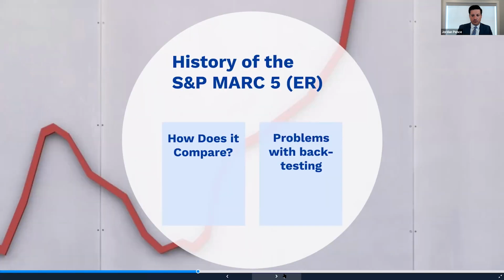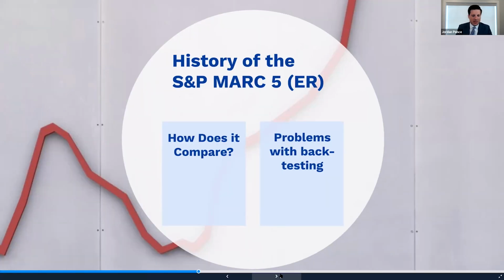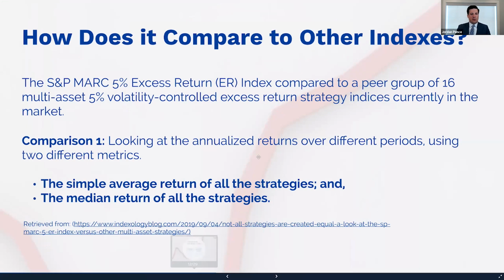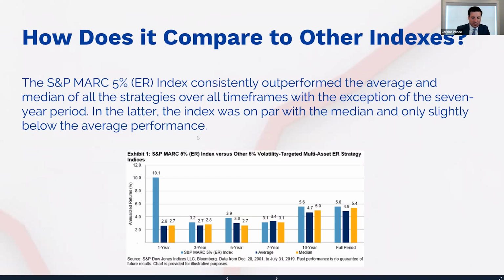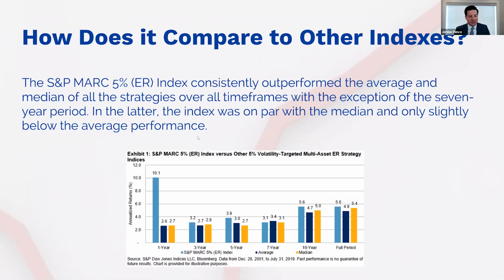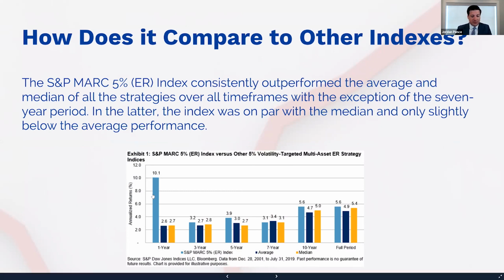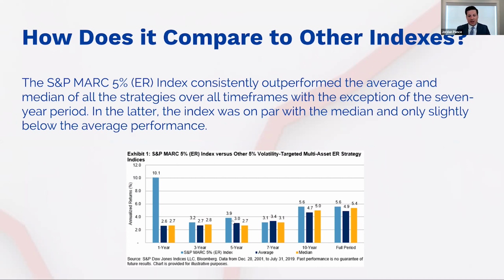So let's go to the history of it, how it compares. What we want to do is look at some various other indexes in the same category. And you can see the 1 year may be an anomaly because this does have S&P in it. Last year S&P kind of blew the doors off. I mean, the S&P 500 did really well, but when you compare this to the 3, 5, 7, 10